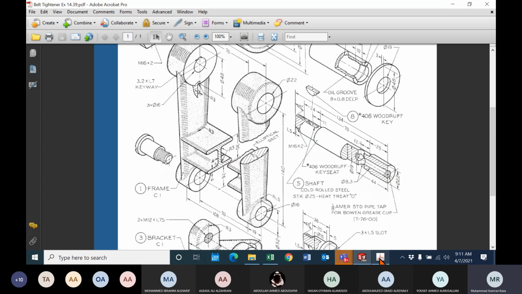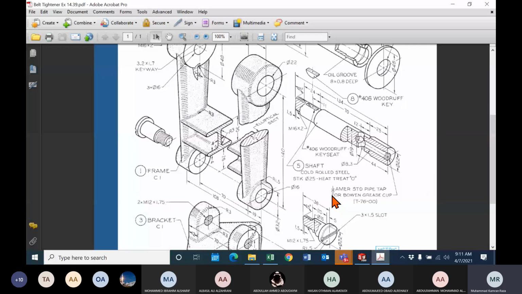Next thing is to make this hole with these threads. So I will show you. This is basically a 1/8 inch ANSI standard pipe thread. First of all, these are pipe threads. Pipe threads are taper threads. They're not straight, they're slightly tapered, but standard. So it's asking you for the 1/8. If you select the 1/8, the threads will automatically be there.